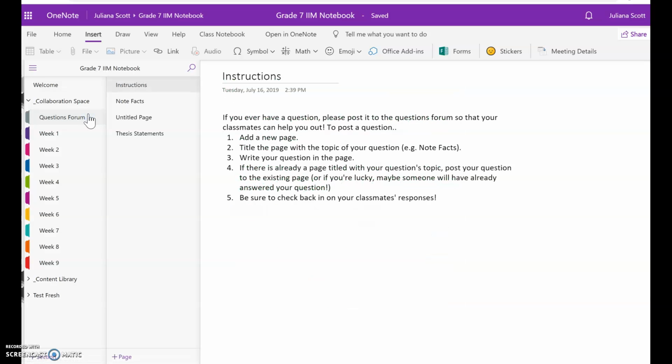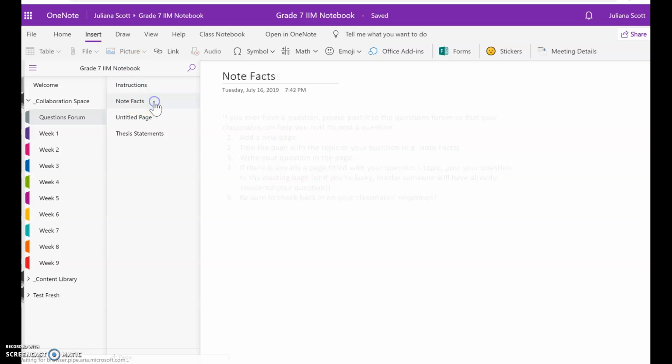What's kind of nice about the setup here is that, so here are the instructions, but essentially what I'm going to have students do is add pages for their topics. I've added these as an example, but I'm going to actually have this blank so students can have the autonomy to add topics as they see fit. So for example, I have note facts, thesis statements, but here's an untitled page. And to add a page, they're just going to click down here and then they can write